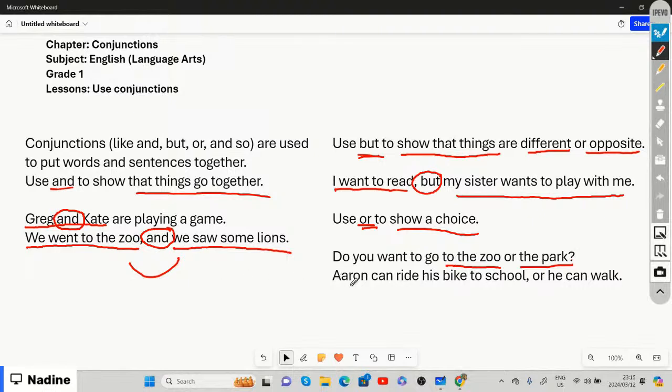Then the next one says Aaron can ride his bike to school or he can walk. So Aaron either has a choice of going with his bicycle or he's got a choice of walking to school. So this is the choice. So today, if he feels like he wants to take his bicycle, he takes his bicycle. If he feels tomorrow he wants to walk, then he can walk to school. So that basically shows a choice. You have a choice,